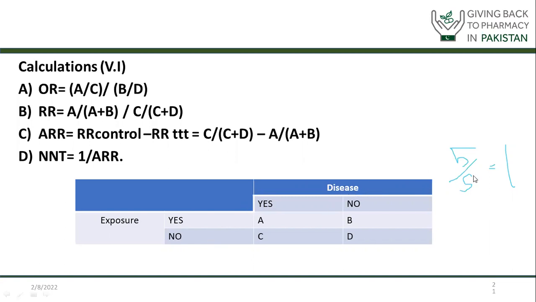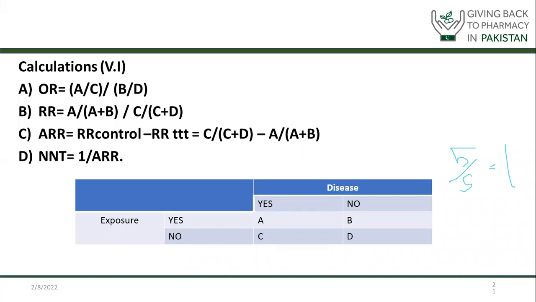You have to see the disease, for example, whether myocardial infarction is there or not. Then you have to see the smoking: yes, he was a smoker, or no, he's not a smoker. Then we see how many smokers got this disease, how many smokers didn't get this disease, how many non-smokers got this disease, and how many non-smokers didn't get this disease. So you will make the table, and from this table you will get the value of OR,